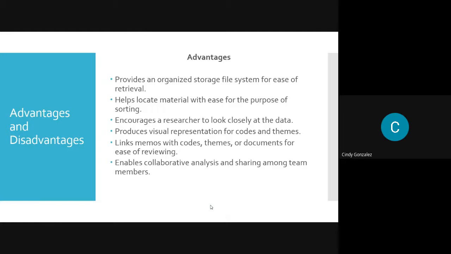It helps locate material with ease for the purpose of sorting, encourages the researcher to look closer at the data, produces visual representations for codes and themes, links memos with codes, themes, or documents for ease of reviewing, and enables collaborative analysis and sharing among team members.